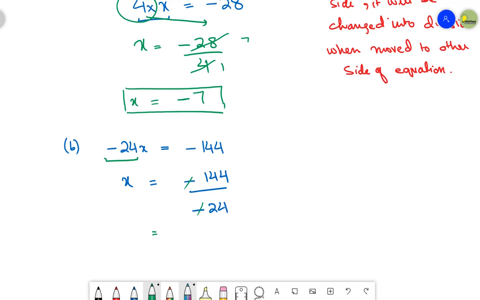And if I talk about 24 and 144, let's divide it by 12. 12 twos are 24 and 12 multiplied by 12 is 144. The square of 12 is 144. So 2 and 12, and then I can further divide it. 2 ones are 2 and 2 sixes are 12. So it means that the answer of this particular fraction will be plus 6. There is no need to write the sign if it is positive. So the answer becomes x equals to 6. This is how you can solve this equation.